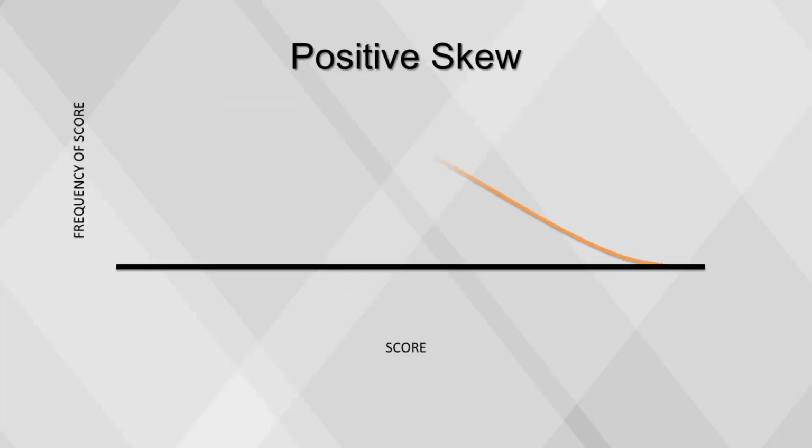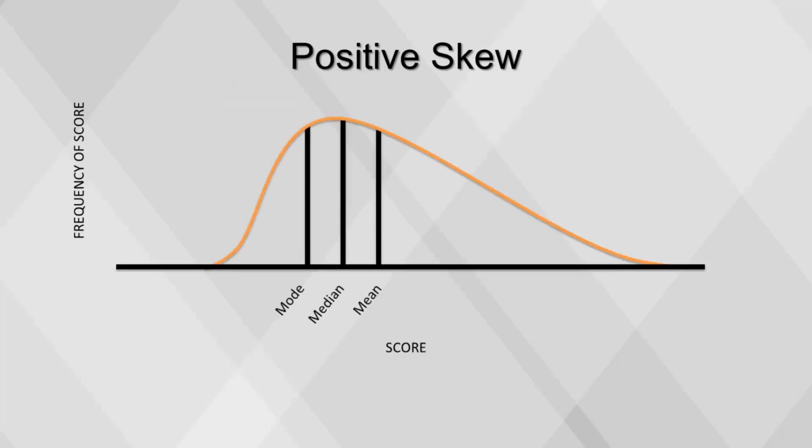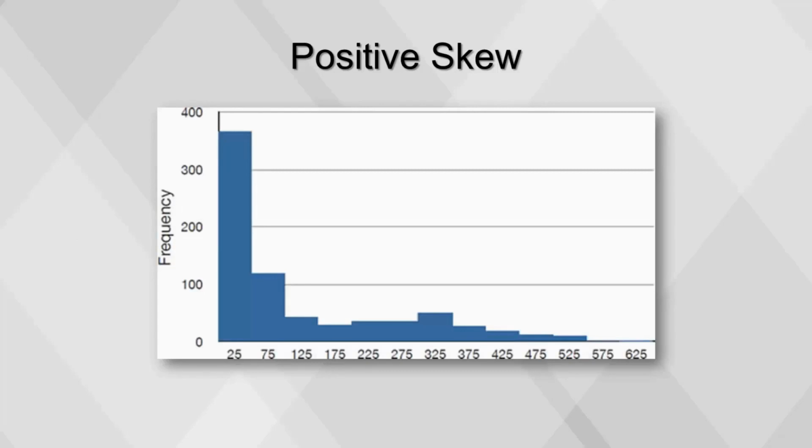For a positively skewed distribution, the right tail is longer, as there are outliers with larger numbers. These outliers cause the mean to be greater than the median. An example of a positively skewed distribution is in the salary of baseball players. There are a few star players who make much more than the majority of players. These high salaries are outliers that make the mean of the distribution increase.